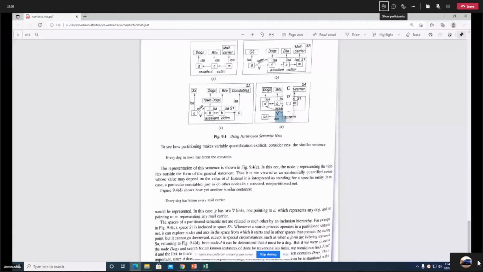So in the partitioned semantic net, again, you can see two links getting initiated from the general statement, one for dog, one for male carrier. So every quantifier is represented over here, and that is the use of the partitioned semantic net. Any queries? So that I can move forward to frames.